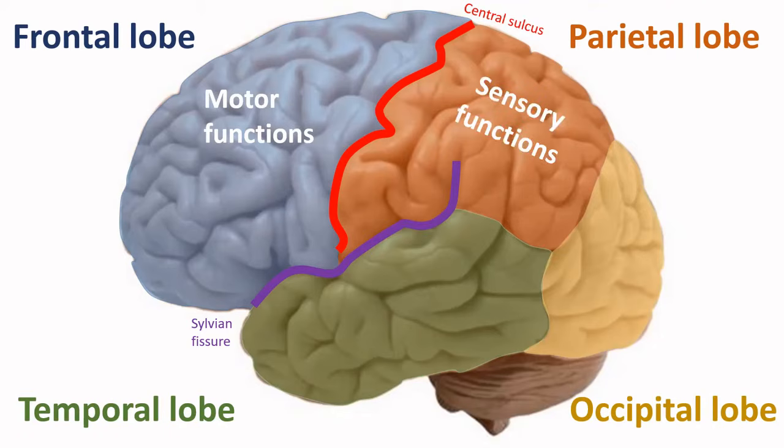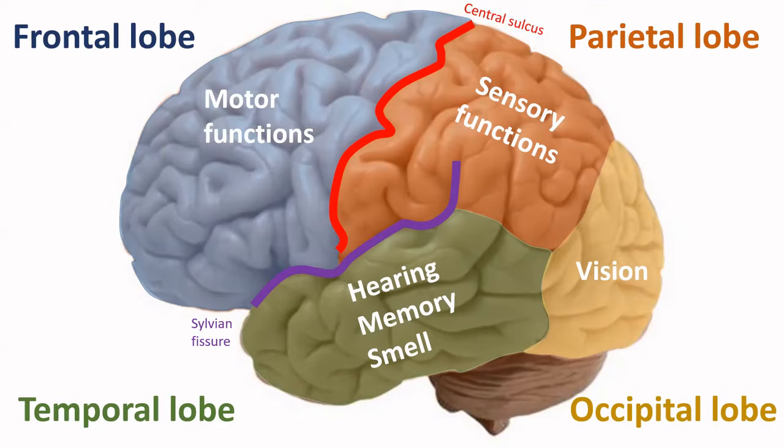The parietal lobe is mainly involved in the reception and the processing of sensory information. It contains the primary somatosensory cortex and higher order association areas to that regard. The temporal lobe is an important lobe for the processing of hearing, memory, and smell. And the occipital lobe is involved in vision and contains the primary visual cortex, as well as some higher order